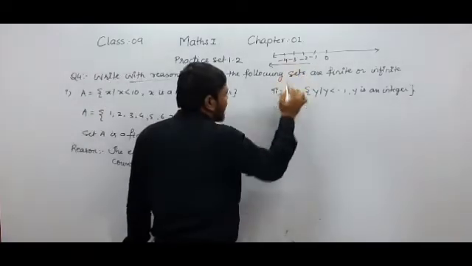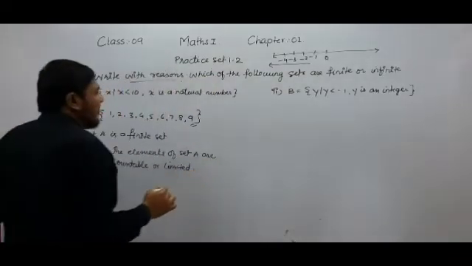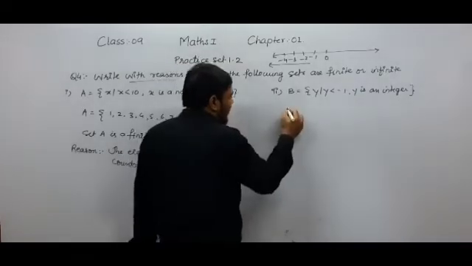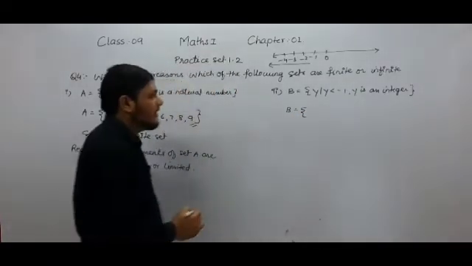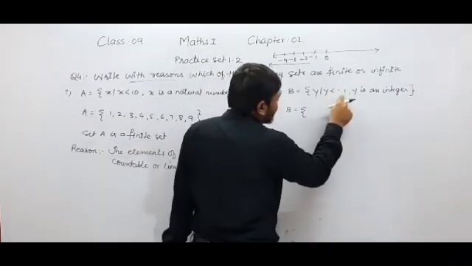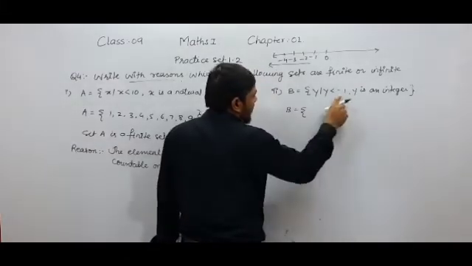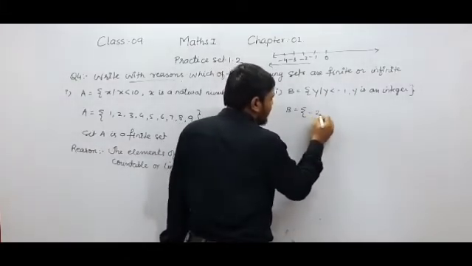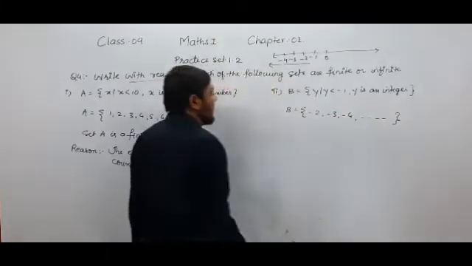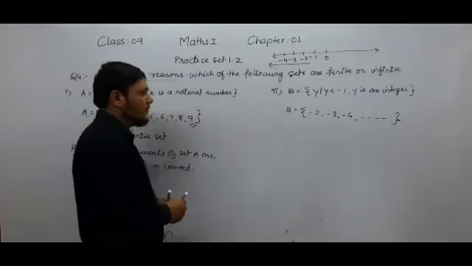So -2 is less than -1 and -3 also. All the numbers which are towards the left of 0 are smaller and towards the right of 0 are greater. So we can write the elements of set B. We can write set B in listing method, that is B is equal to y such that y is less than -1, y is an integer. So negative integers we have to write here which are less than -1, that is -2, -3, -4 and so on. And no condition is given to us. That is why this set is an infinite set. Why? Because the elements of this set are uncountable or unlimited.